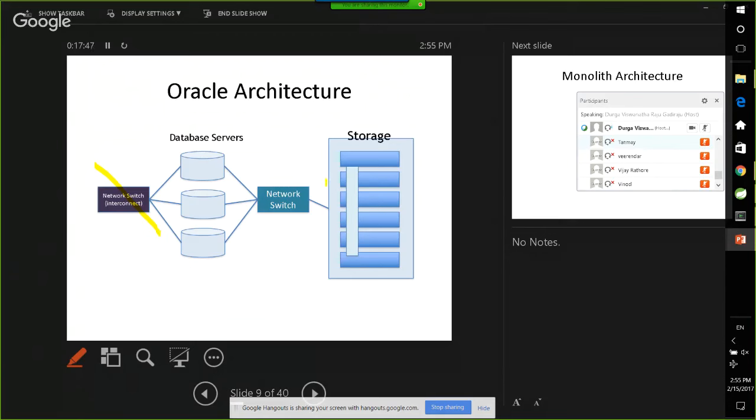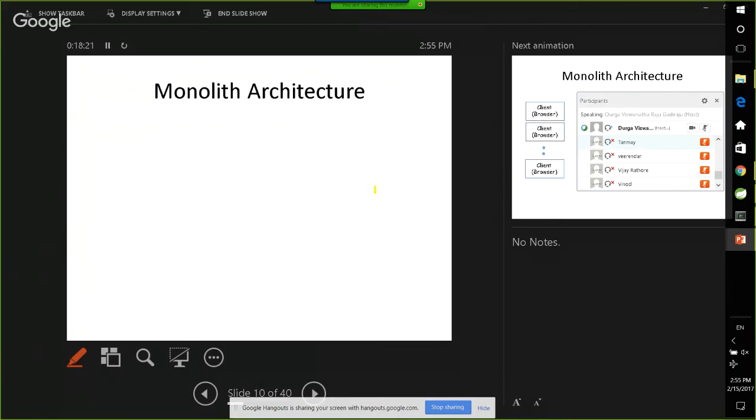Okay, so here, let's say this node is down. Let's say the motherboard on that server is broken, which means we have to bring that node down. But still, we have two other database servers which have the consistent view of the underlying data. So your application will not have much impact. Probably some of the transactions which are in the pipe will be broken and rolled back, but your data will be intact. So zero downtime. Your applications will be highly available.